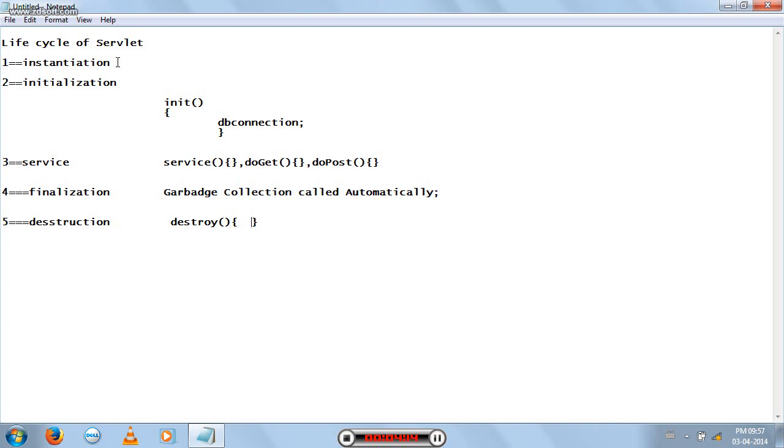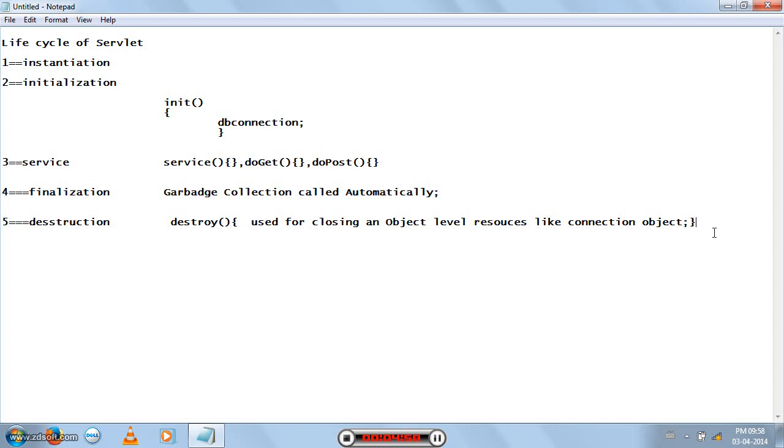One more main thing is that the destroy method is used for closing object level resources like the connection object, and all the remaining resources like statement, result set, prepared statement, anything like that,